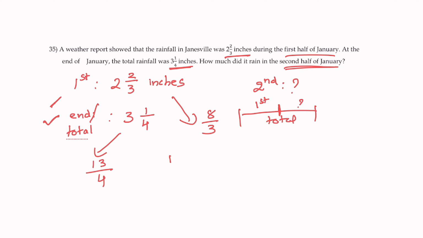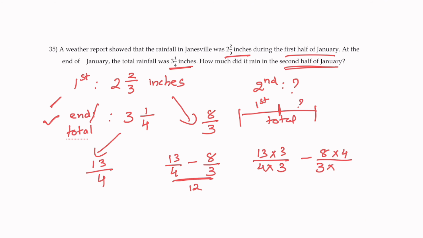So that is basically 13/4 minus 8/3. We have to equalize the denominator, and that is going to be 12, which means 13/4 and both times 3 minus 8/3 times 4, which is equal to